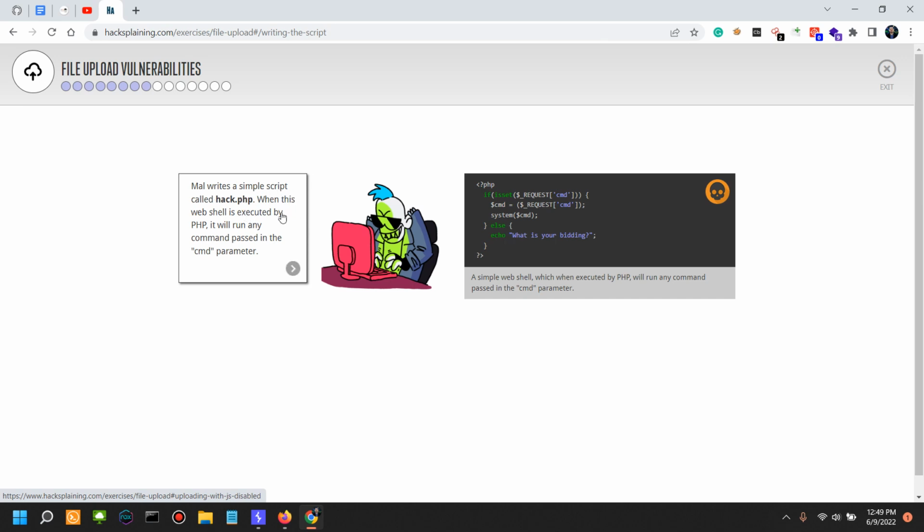Mel writes a simple script called hack.php. When this web shell is executed by PHP, it will run any command passed in the CMD parameter. I would say that it depends on how the application or the content type is actually set to be. A simple web shell which when executed in PHP will run any command passed in the CMD parameter. So the CMD parameter over here is actually taken from the user, and it's going to be passed to the system function in PHP, which actually executes system